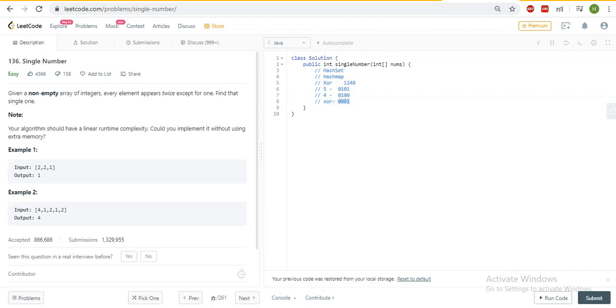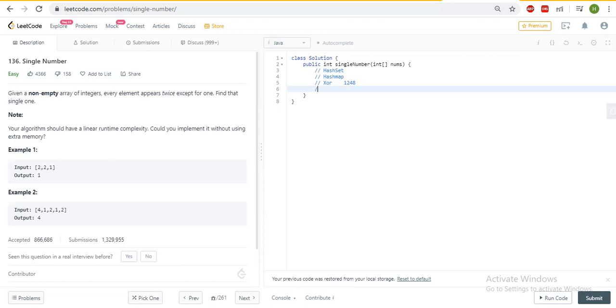So this means whenever we get alternate bits, it will give us a set bit, the output will be 1. The same concept we will use in the case of array elements.